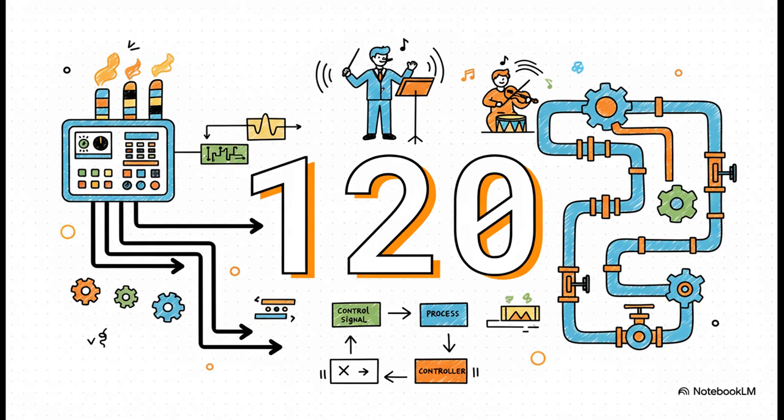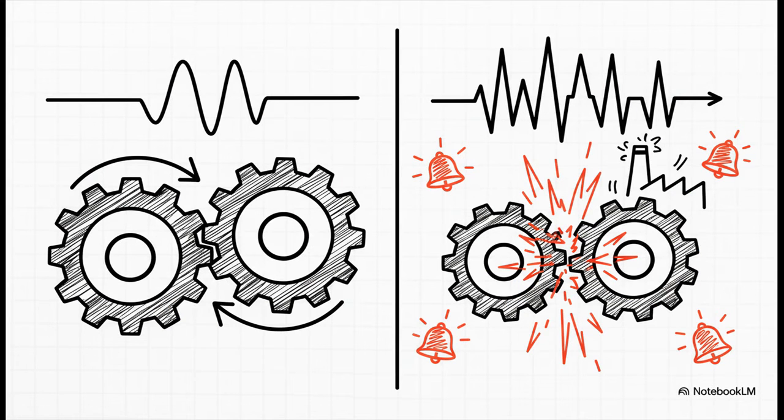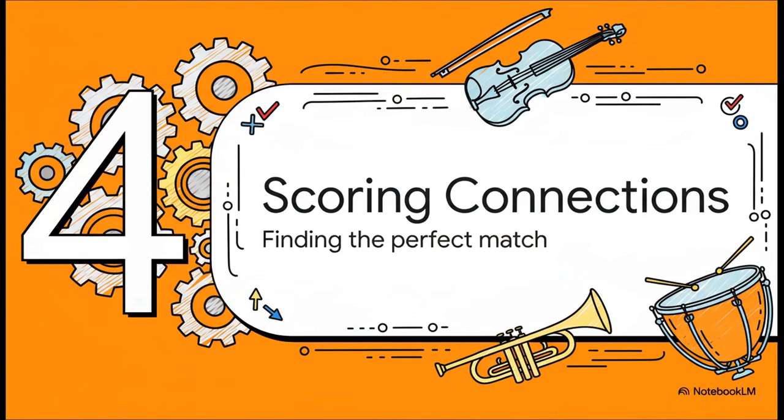Choosing the right one is absolutely critical. And the stakes here could not be higher. I mean, picking a bad pairing doesn't just mean you're being a little inefficient. A really bad pairing can create control loops that are literally fighting each other, leading to wild swings, and in the worst-case scenario, a completely unstable and unsafe plant. So, how on earth do you sort through 120 different possibilities to find the one that's going to be stable